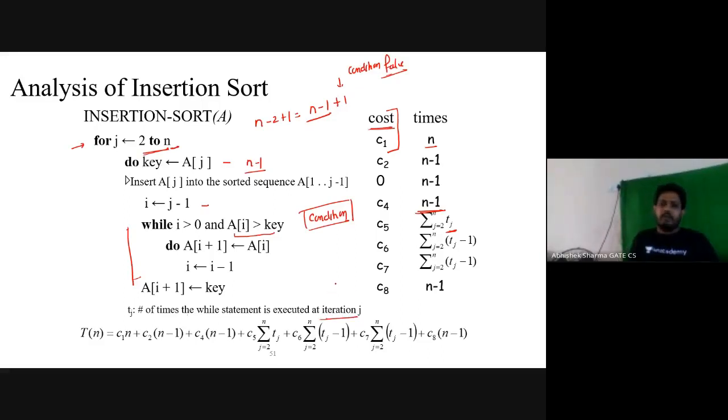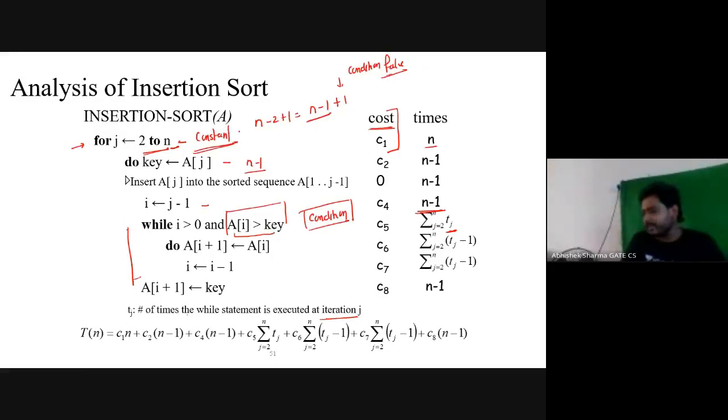Okay, so tj is the number of times the while statement executes. I cannot guess how many times the while statement will be executing. But what I can say is that this is the cost, how many times this while statement runs, because here we have a condition. This is the for loop, this is a constant entity.